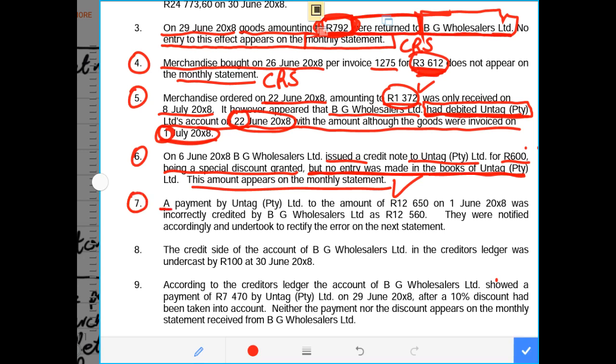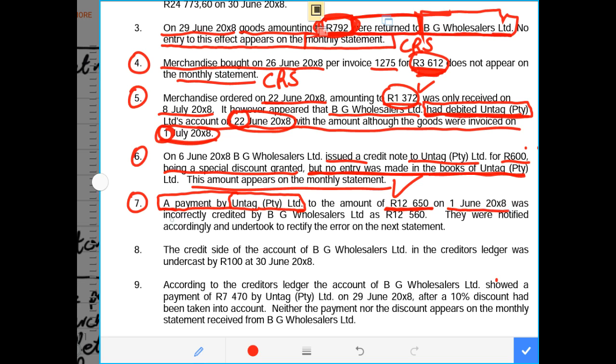It says a payment by Antec Pty Ltd to the amount of 12,650. What is this? It's a payment. Who is paying? A payment by Antec Ltd. We are making a payment. Who are we paying? Obviously, we are paying BG Wholesalers to the amount of 12,650 on the 1st of June